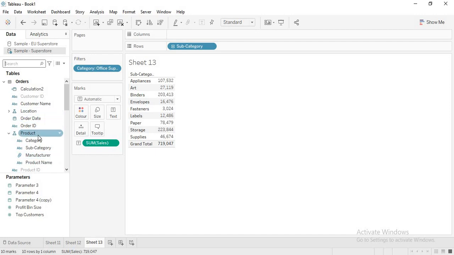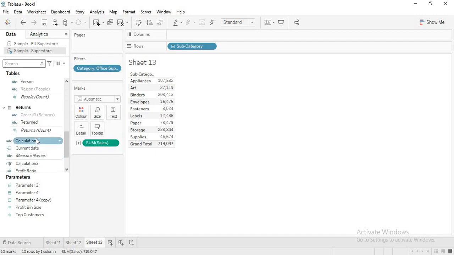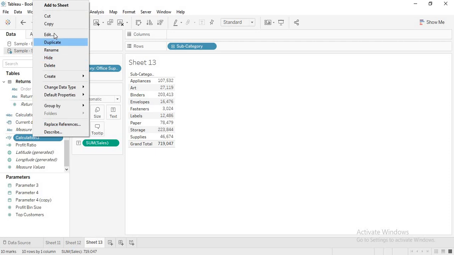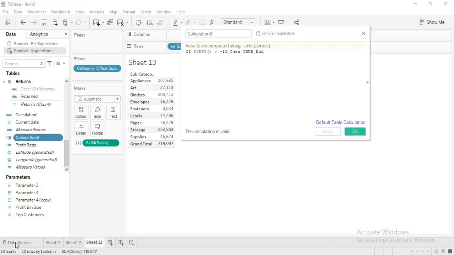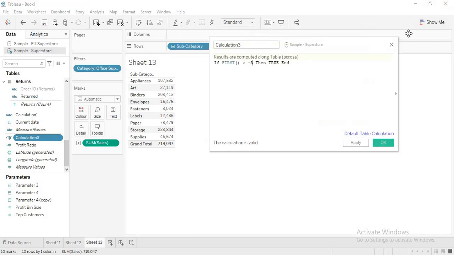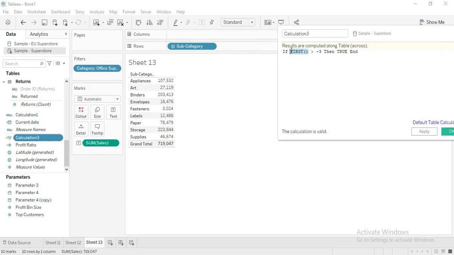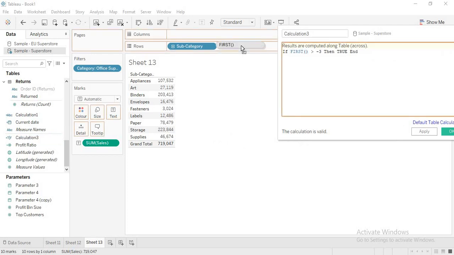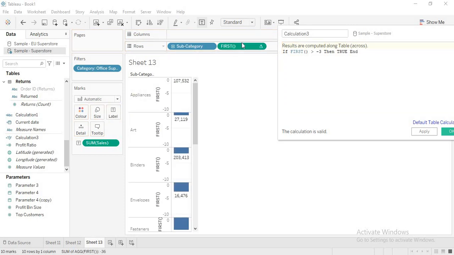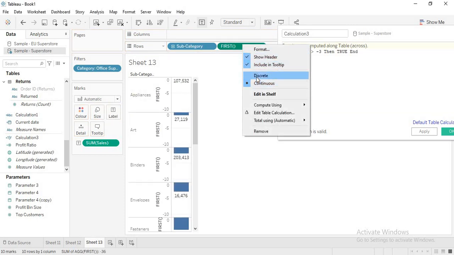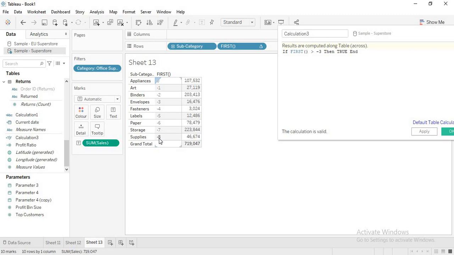And here, when we are filtering, let me use just the first calculation here. The primary thing we should understand is that first is independent of databases. First values are always constant from 0 to whatever the number of rows, incremented by one for every row. So whatever is present in the view, it only talks about that row. It doesn't talk about what is present in the database.